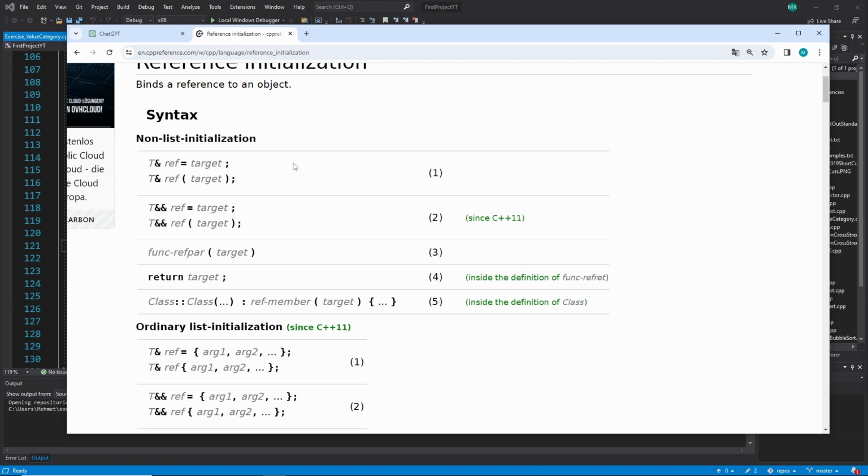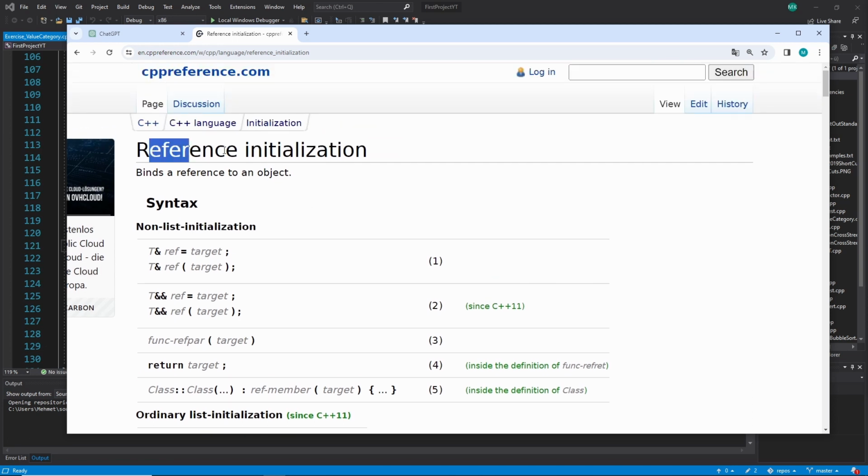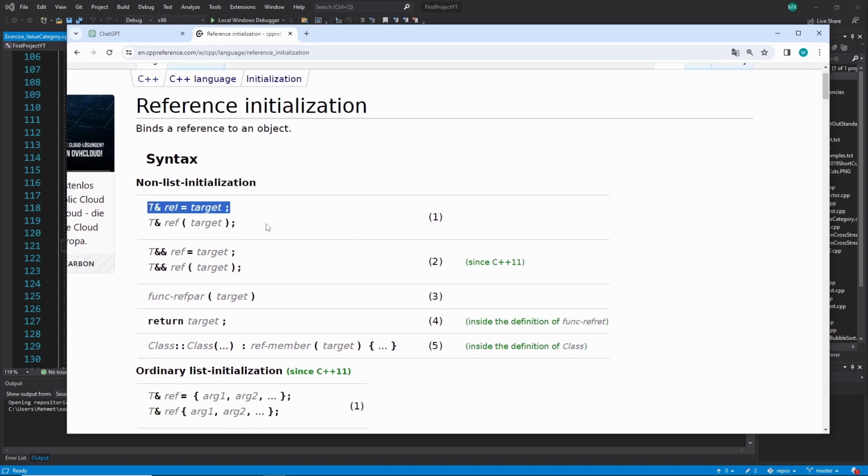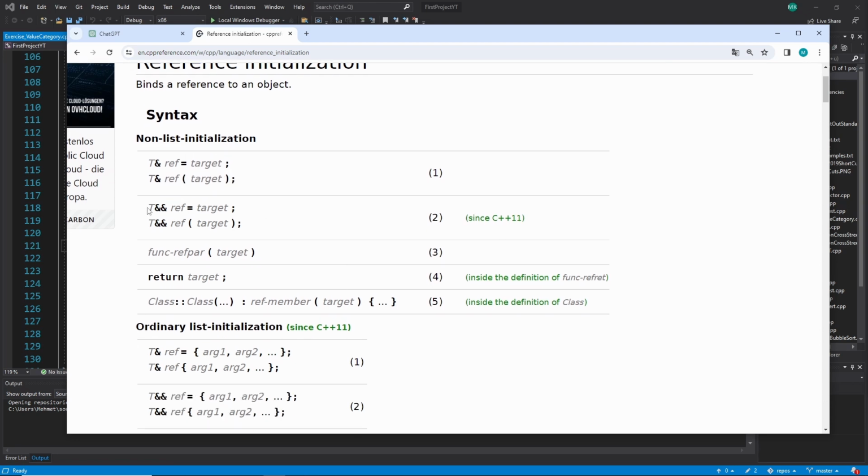We will see. So here we are on the non-list initialization, and we are talking about reference. This one you should already know. This is what we learned first, but now we call this kind of reference an L reference, because we have an ampersand here, because we make an L reference. Then again we have two versions: one is this, and the other one is the direct initialization with the round brackets. Here is the copy initialization, and now the new thing is this